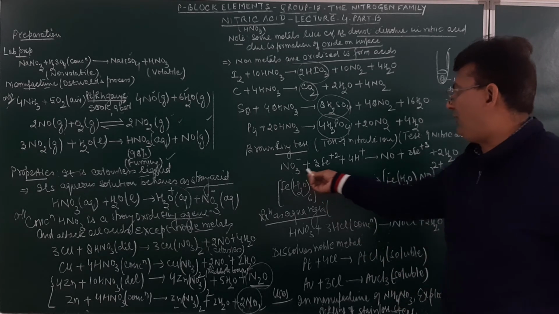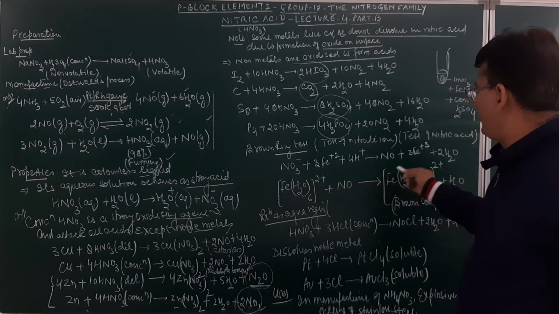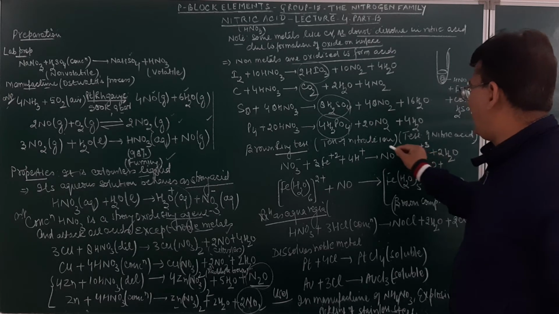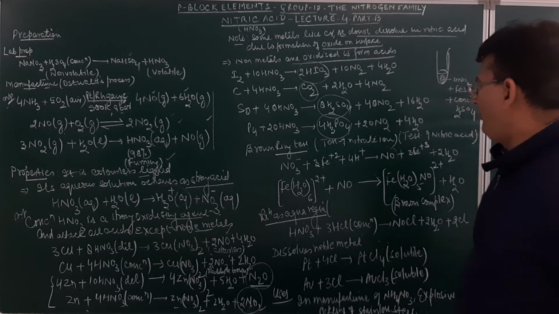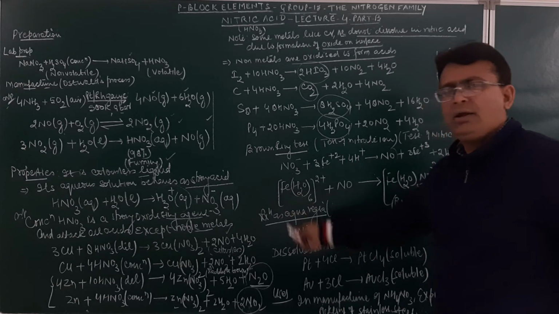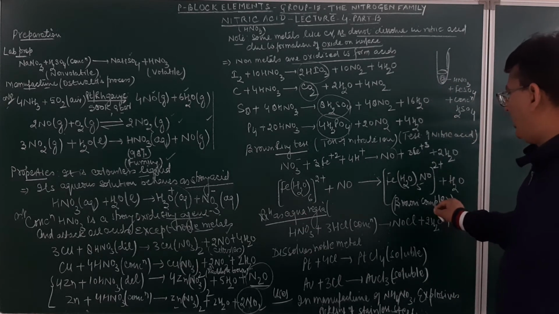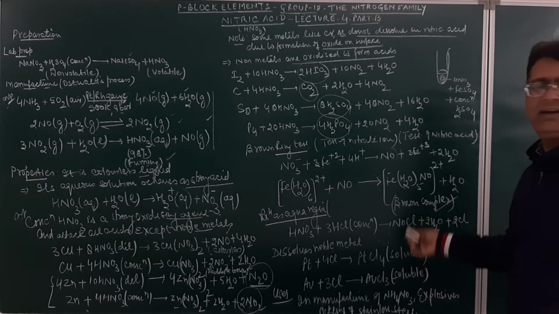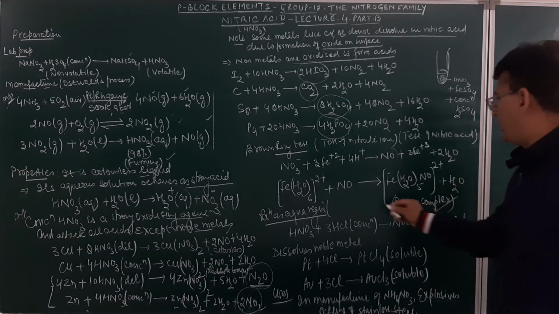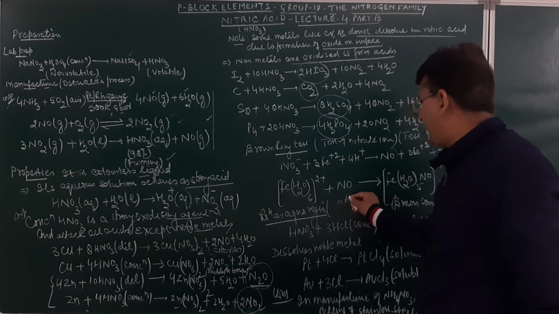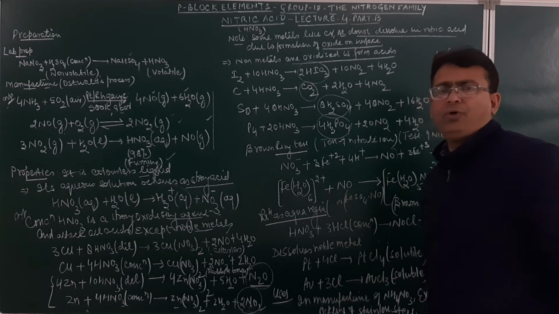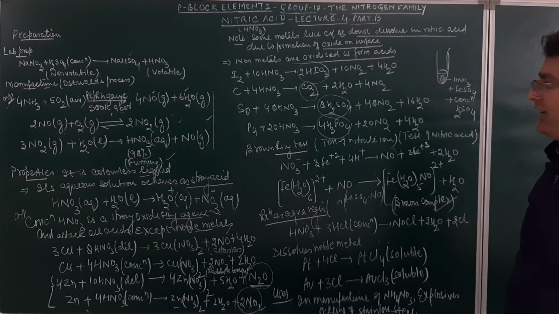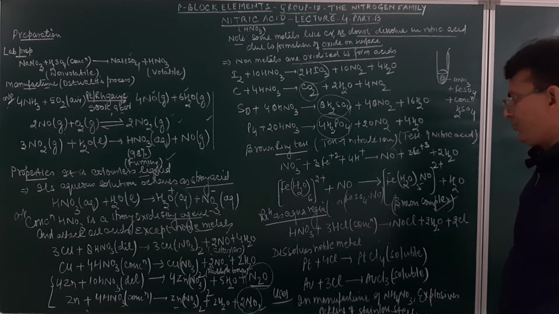So nitrate ion will react with ferrous ion in acid condition, and will form ferric ion and nitrosyl oxide. This nitrosyl oxide will react with hydrated oxides of iron and will result in the formation of a reddish brown complex, which will be nitroso-ferrous sulfate, [Fe(H2O)5NO]SO4, or in some books it can also be written as FeSO4.NO. So this is our ring test for the identification of nitrate ion or nitric acid.